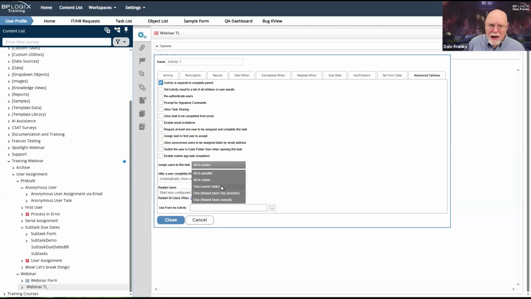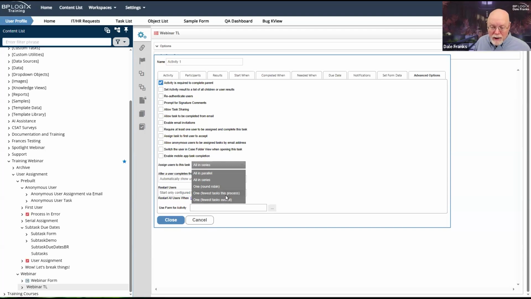And each time a task is assigned, it's going to move to the next user and assign that specific user the task until it goes through all 10 users, and then it's going to go back and start again at user 1. So it basically just does, as we say here, a round robin through the assignees that are assigned the task. So I can assign multiple people to the task, but on any given task instance, only one user is going to be assigned.